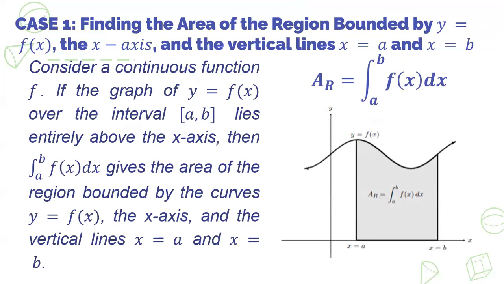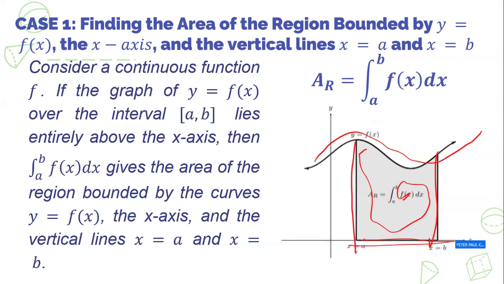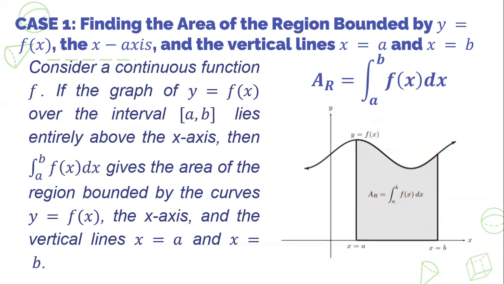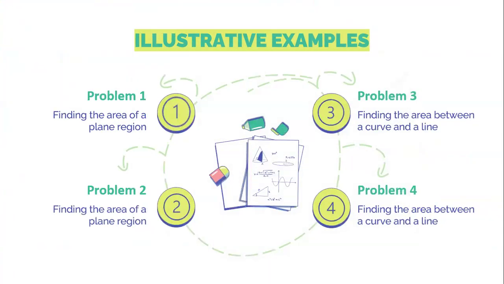In notation and in the graph, this is how we illustrate this area. We are trying to find the area under that curve. This is the curve that we are referring to, and it has an area covered with the vertical boundaries and the horizontal boundary, which is the x-axis itself. If it involves such a case, then that is case number 1. The formula that we use is area, or A sub r, the area of the region, is equal to the integral from a to b of f of x dx. This is just like how we apply the integration process.